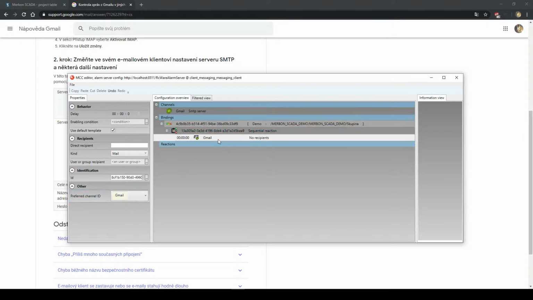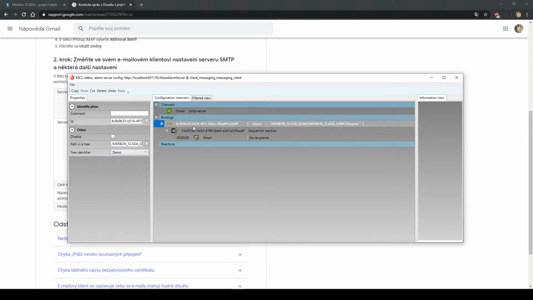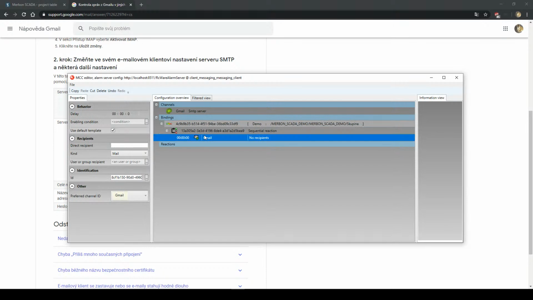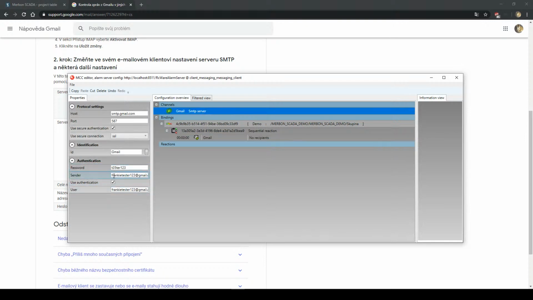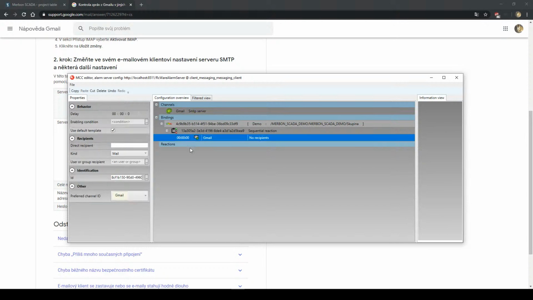So right now this message will be sent when this alarm occurs. And it will be sent through this user from this email site through this SMTP channel. So the last part is we have to create the body of the email. So in case you check the use default,